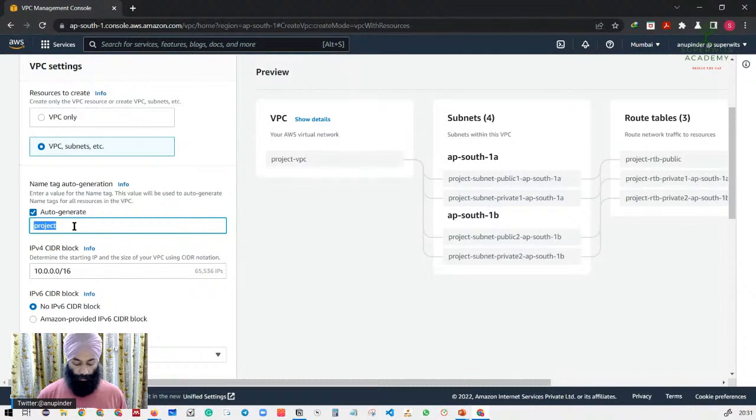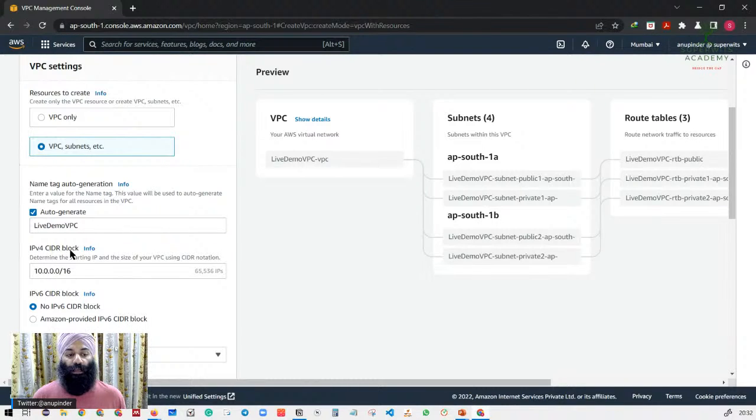So we can put this name as live demo VPC, so that we can identify it. Then you have this IPv4 CIDR block, Classless Inter-Domain Routing, which is going to be working around for you. So here, just to quote you